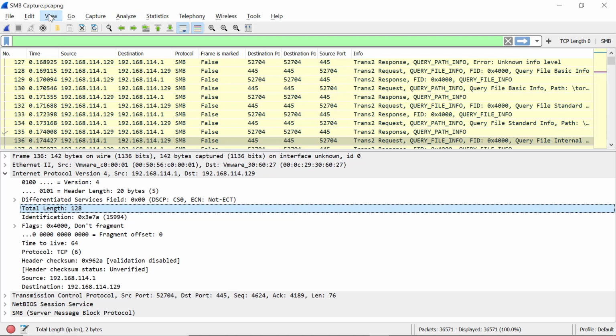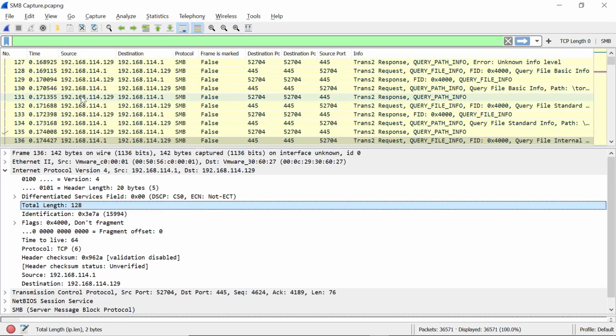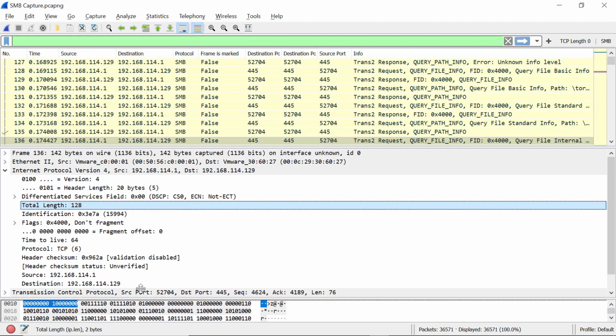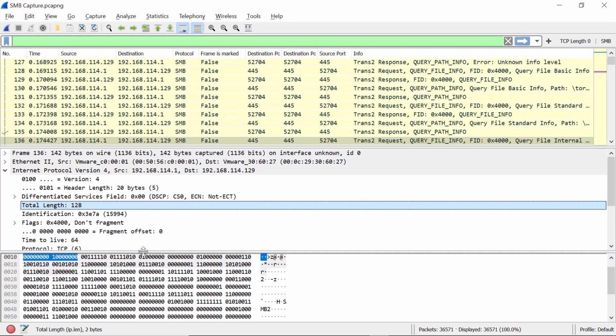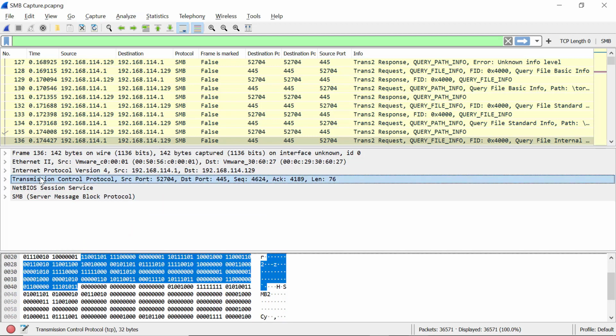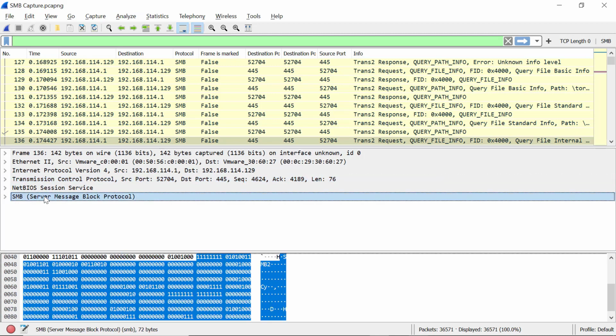Let me go here to view and packet bytes so that you will be able to see the values I'm talking about in bytes. Here, if you click on the total length, as you can see, the selected bits here are 16 bits. The value is 128. How did we get that 128? Total length is 20 bytes plus the TCP size, which is 32, plus the application size, which is 72, totaling